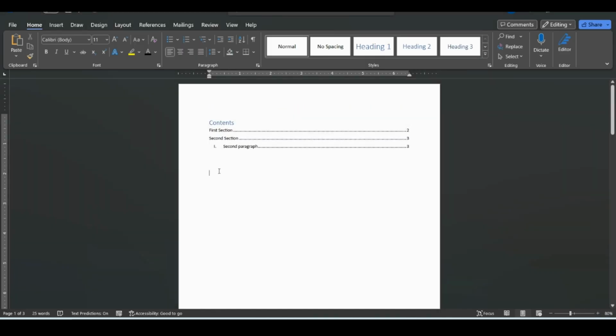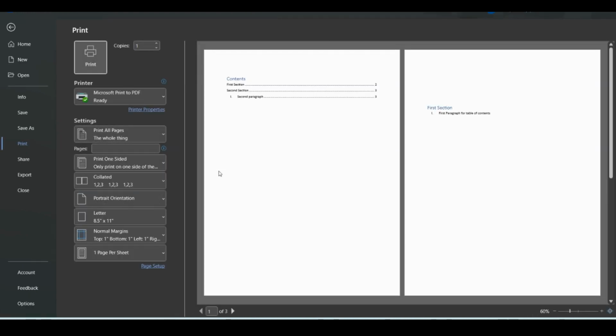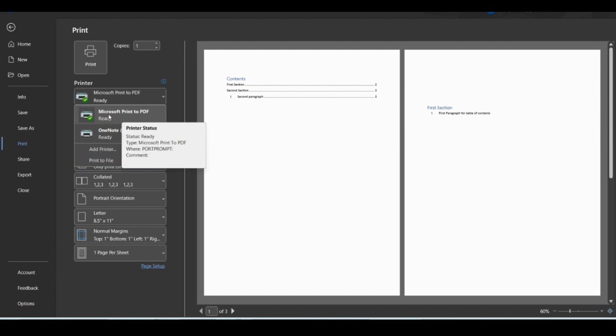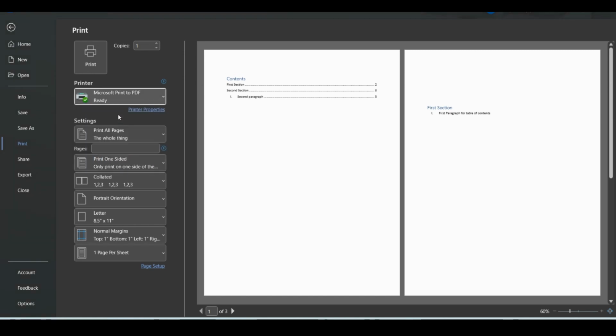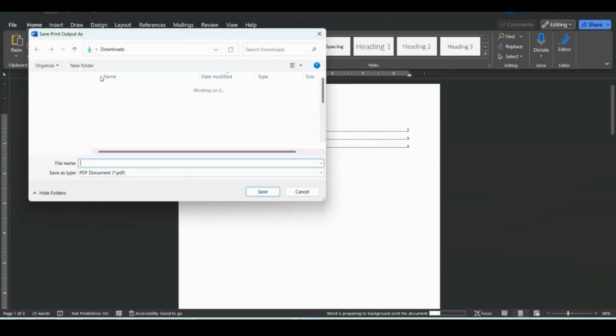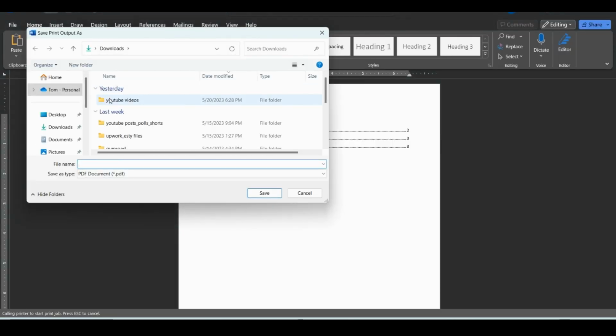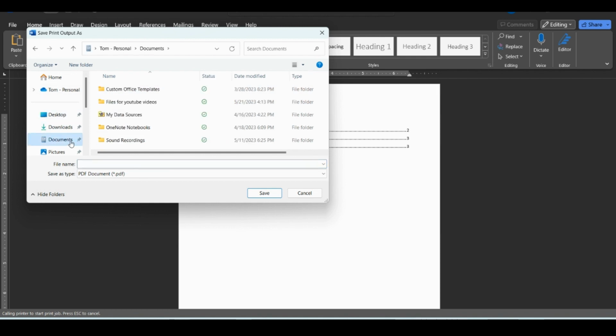The second way of doing this would be hitting Control P to print, or just clicking File, Print. So if you have a printer that you use, it will be connected to that, but there'll be an option, Microsoft Print to PDF. So click that. And so when we click Print, it's going to take us to our files, and you can go to whichever file you want and save it